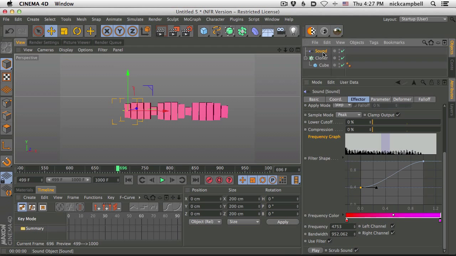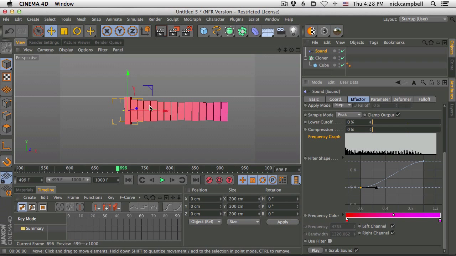And then you can make another sound effector and then isolate the snare. So then these clones could go boom, boom, and then these clones can go, and then you can go boom, boom, boom, whatever, right? So that's what these two can do, is help you isolate what that is. In this case, we're not going to use it. We actually like the graph, or I do, for this case.